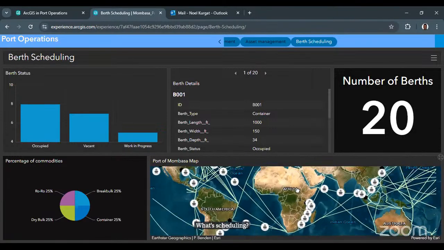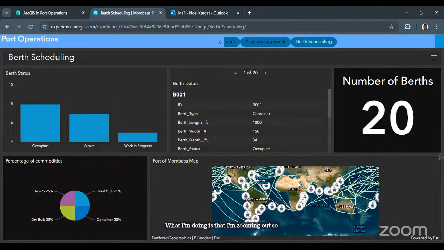What I'm doing is zooming out so that you can see the different regions where the vessels are in the marine waterways. From the map, these green lines represent the maritime navigational channels that the ships use. We can see different ships along the waterways, and from this information,